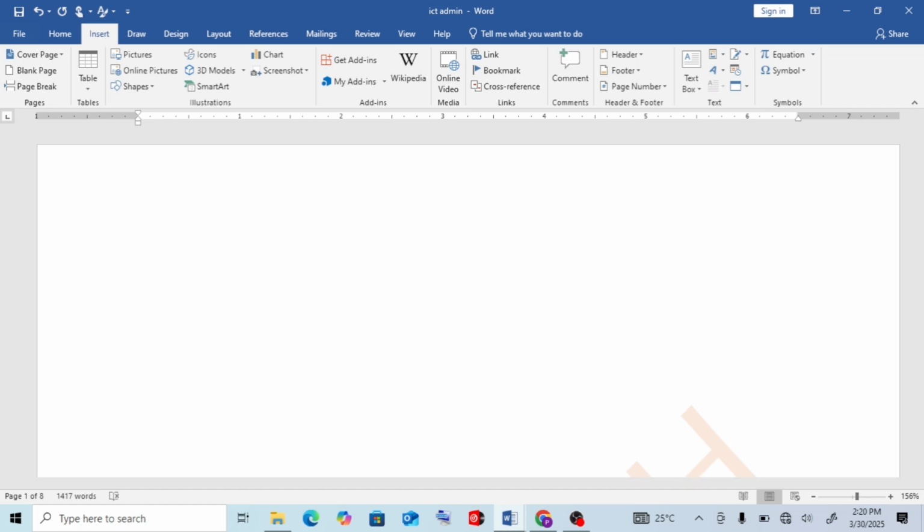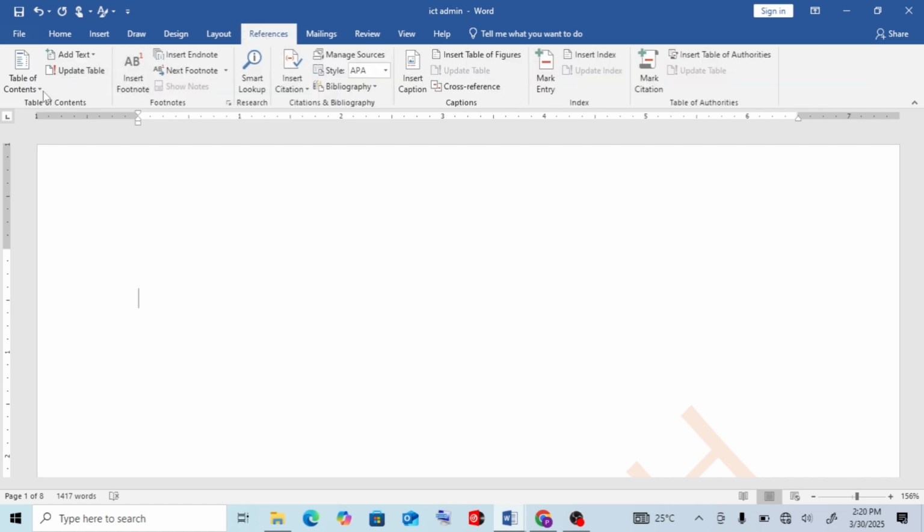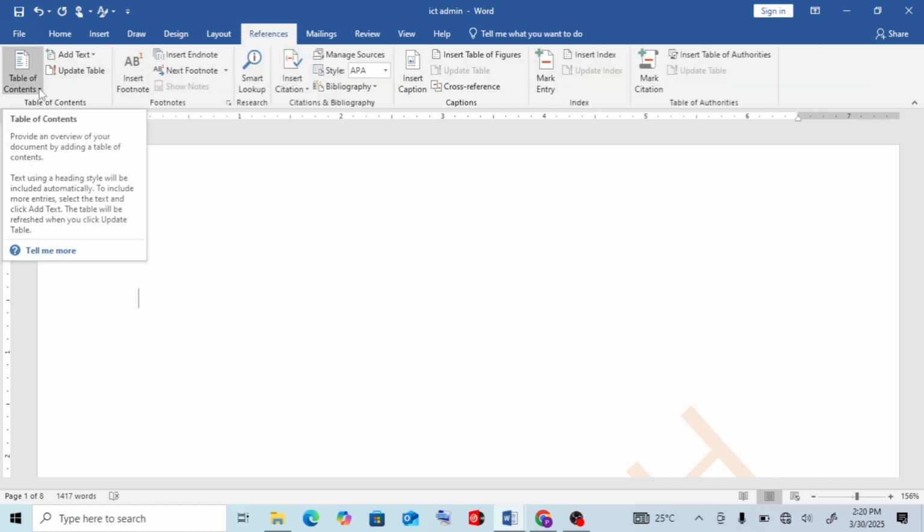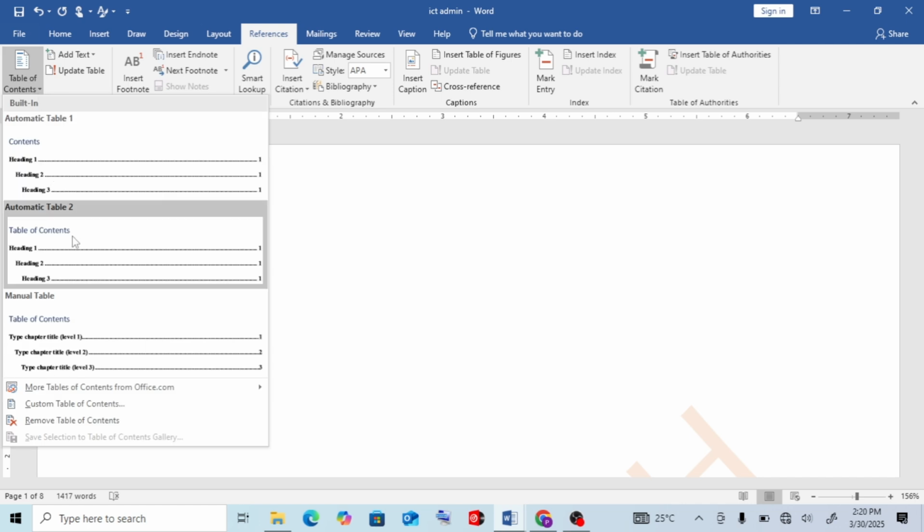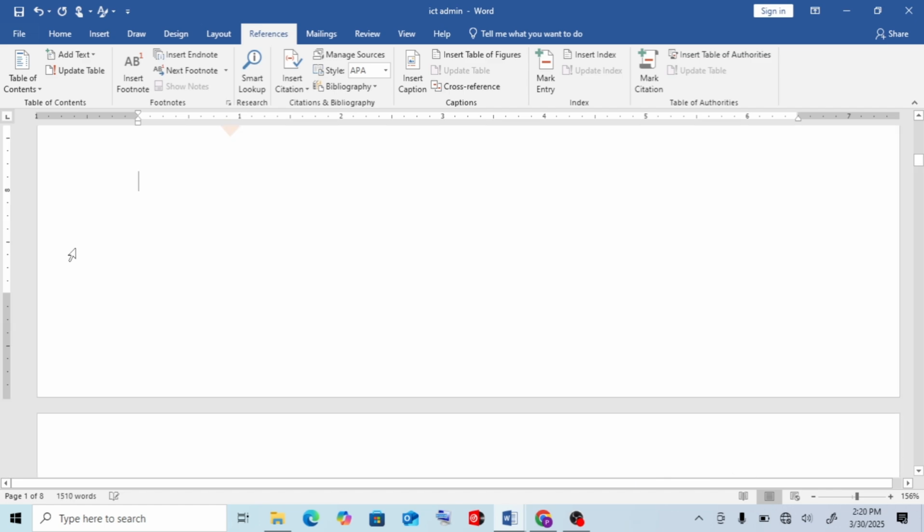Since we have inserted our new page, what we do now, you come to references. From references, you click the table of content, and I always use automatic table 2 because it has this heading, table of content. You take that one.